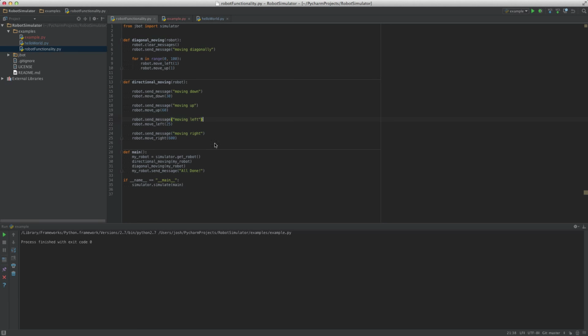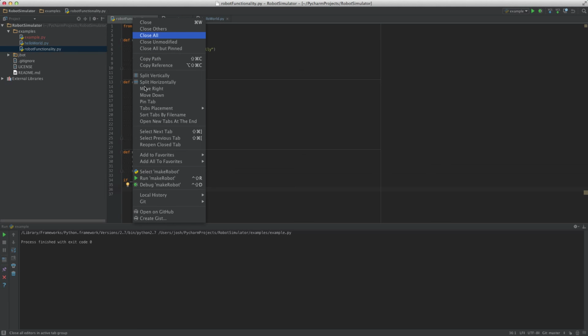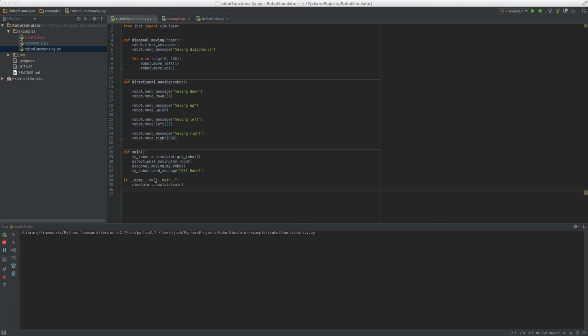This is a little bit more in depth of an example. Basically what we're going to do is we're going to get the robot, then we're going to call the directional moving function, which will just move the robot all around the simulator and send messages at the same time. And then we're going to call diagonal moving, which will move it diagonally, and we'll use a for loop to move it up and over, or over and up, I guess. And then at the end we're going to say all done. So if I go ahead and run this one,